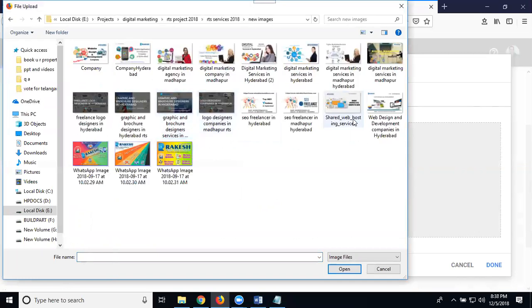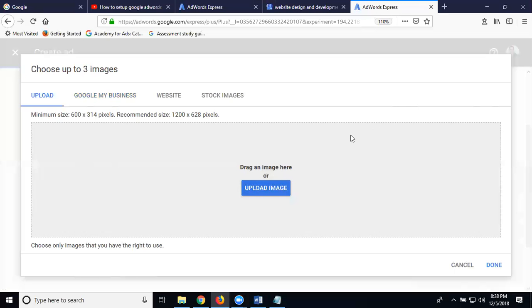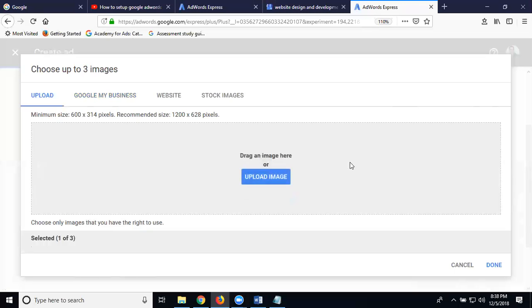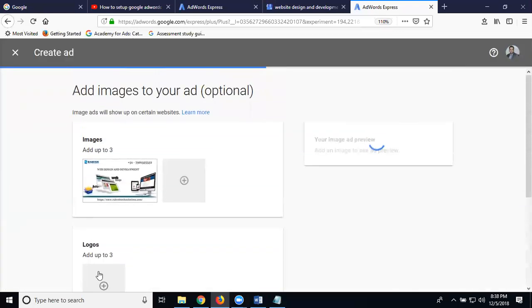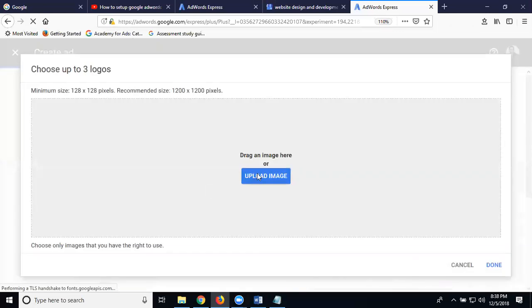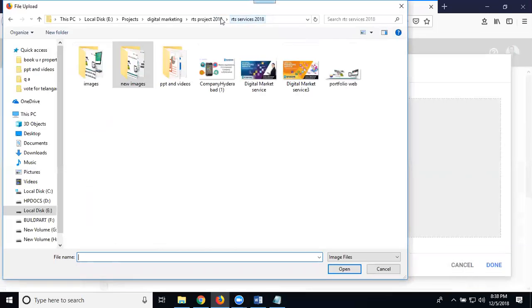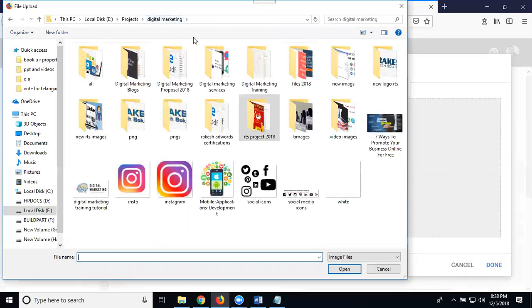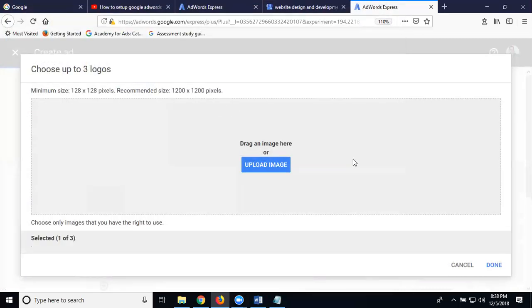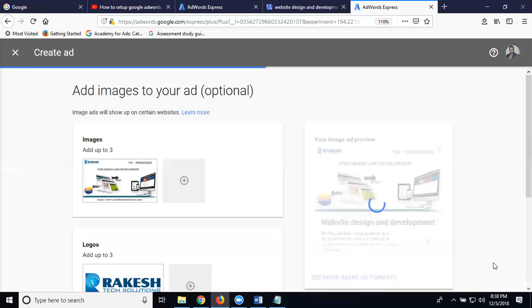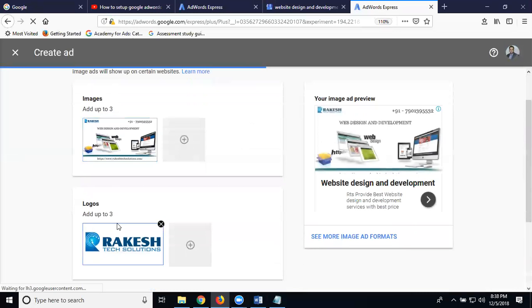Select here. I have only 1 image. Select logo. Done.